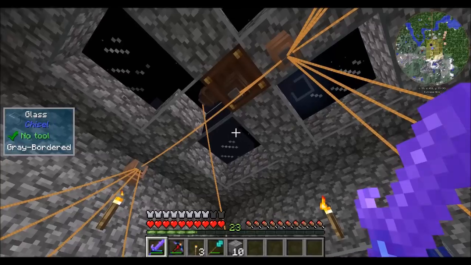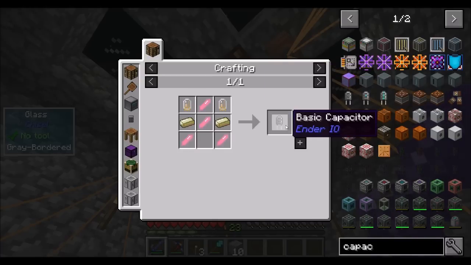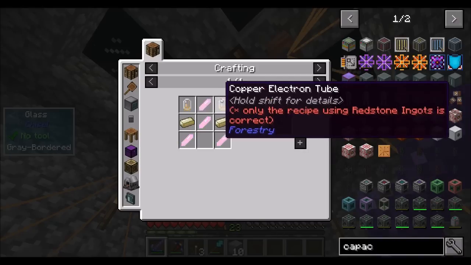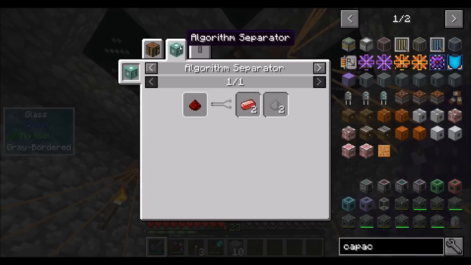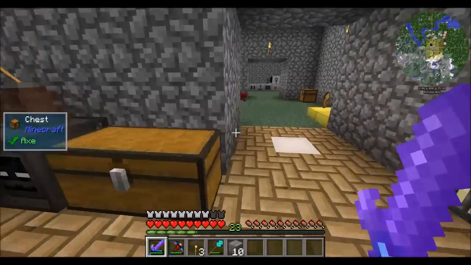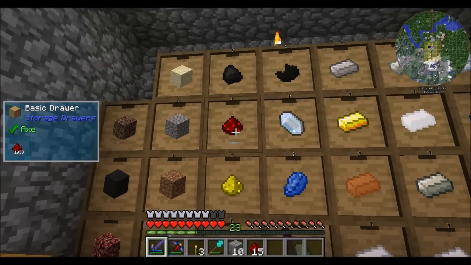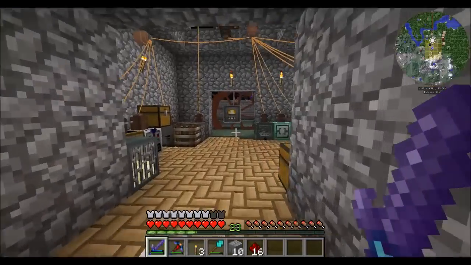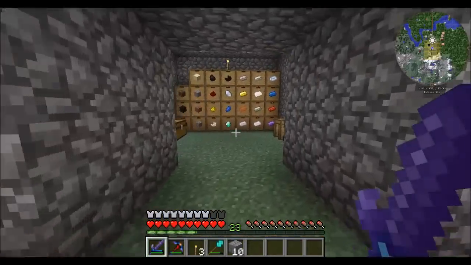To make that. So with that in mind, we're going to need 16 of these, right? So we're going to need 32 enriched gold and 32 copper electron tubes. We're going to need more redstone ingots as well, which algorithm separators apparently can make if I just put redstone into there, which is kind of neat. That's, I think, a quicker way to get those. Actually, I don't know if it's quicker. It's cheaper, that's for sure. How fast is that? Not terribly long. And then we're going to need...